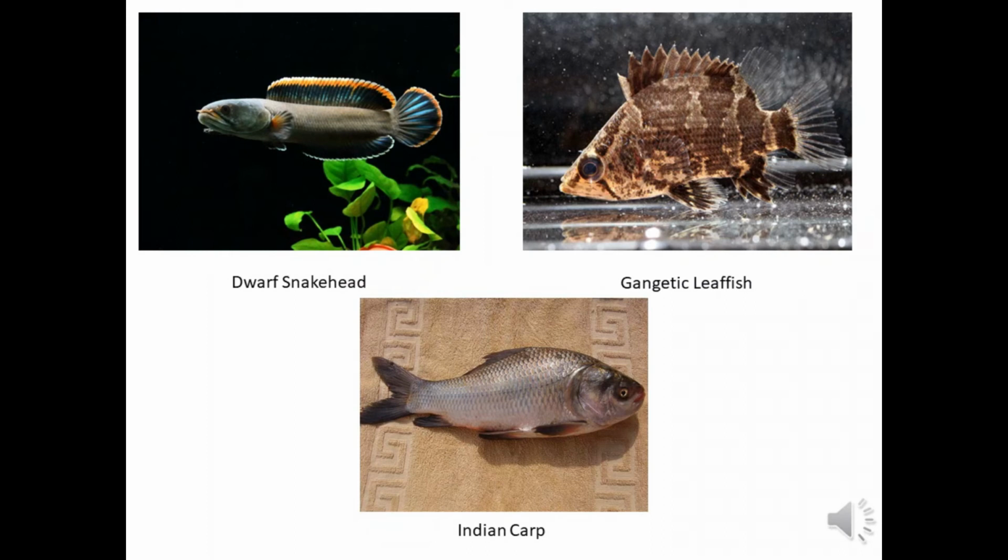The last on this page is the Indian carp. Indian carp, or Indian major carp, is a common name for several species of fish and commonly may refer to the following species now raised in aquariums in South Asia and other Asian countries where they have been introduced. It is an economically important South Asian freshwater fish of the carp family.